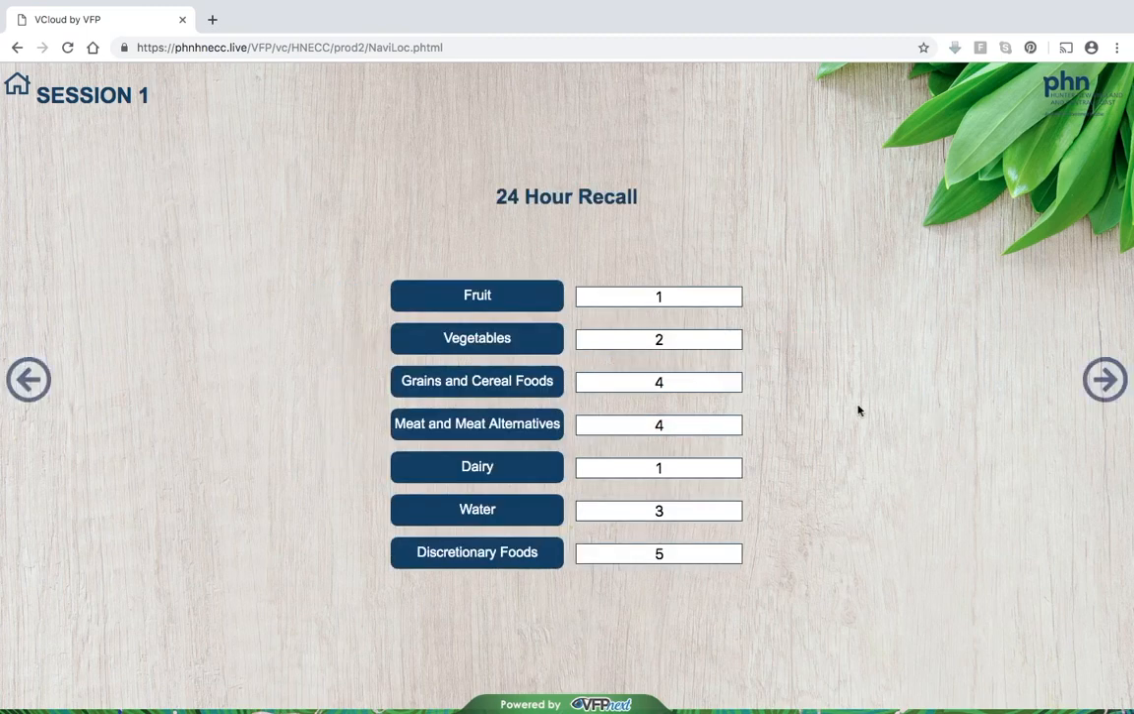From the 24-hour food diary or 24-hour food recall that they've completed prior to the session, we would then count them up: how many serves of fruit, how many serves of vegetables, how many serves of grain and cereals, and we enter that data in there. Meat and meat alternatives, dairy, water and discretionary foods. So we enter all those in the platform, and then that will